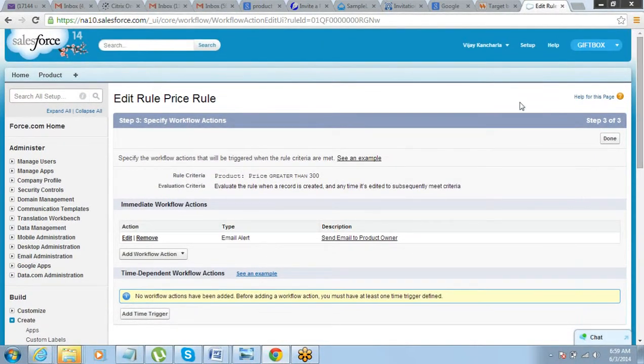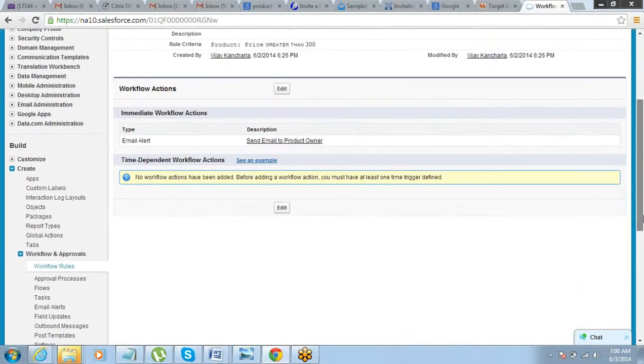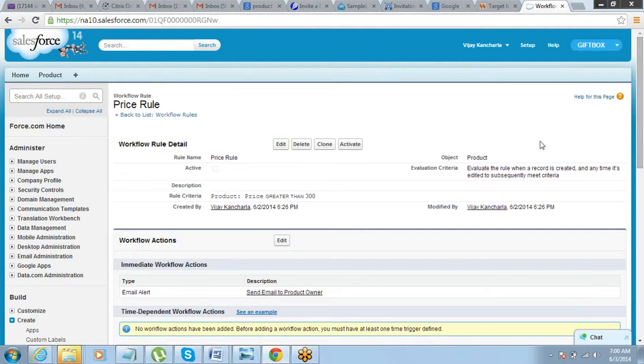Once it is done, you should click on done. Right? Now the workflow rule has been created. The only thing that is left for us here is to activate the rule. Till the time we do not activate it, this will not be active and it will not work.